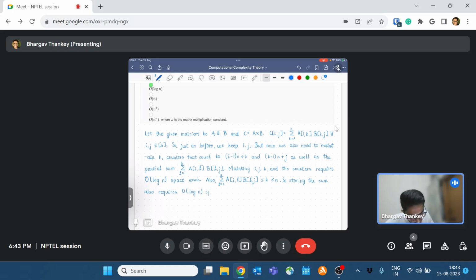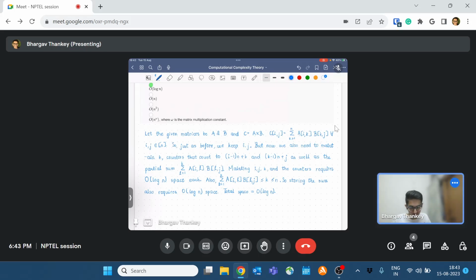So, total space is order login. Yeah, is this fine? Yes, yes. Yeah,